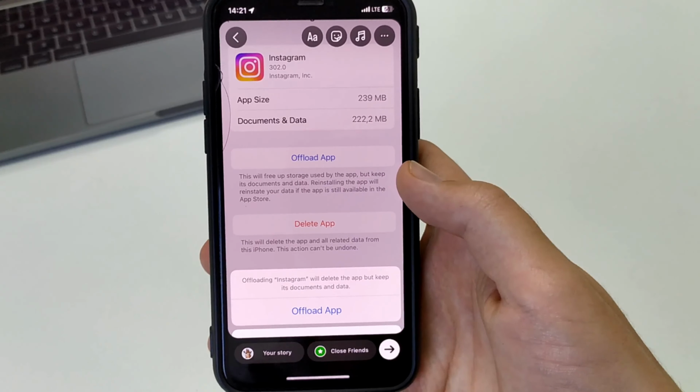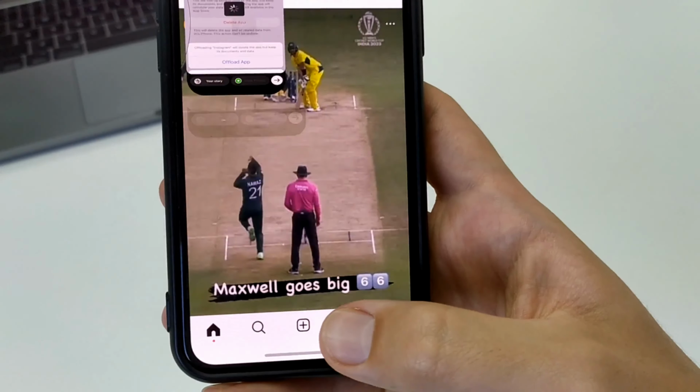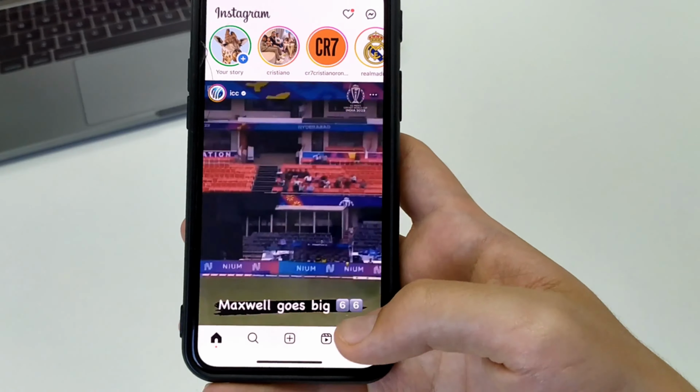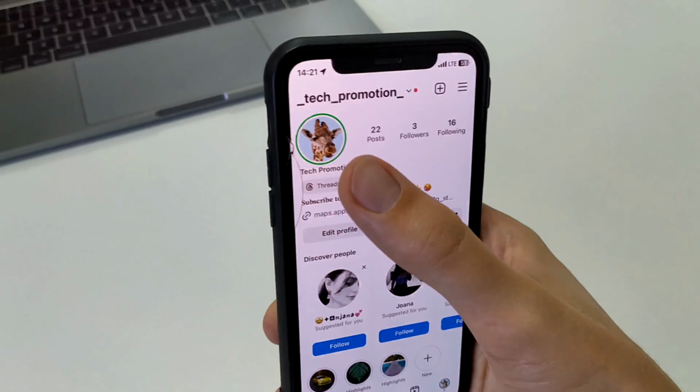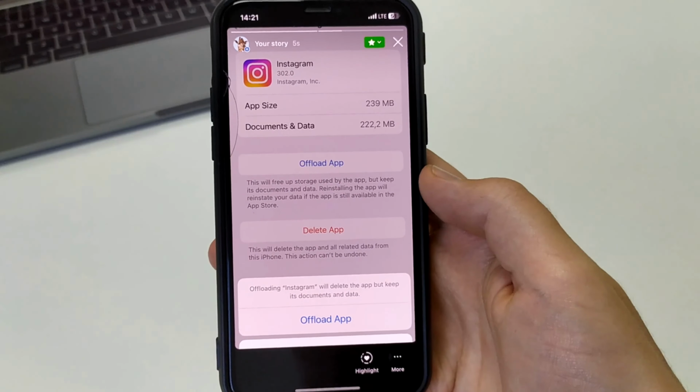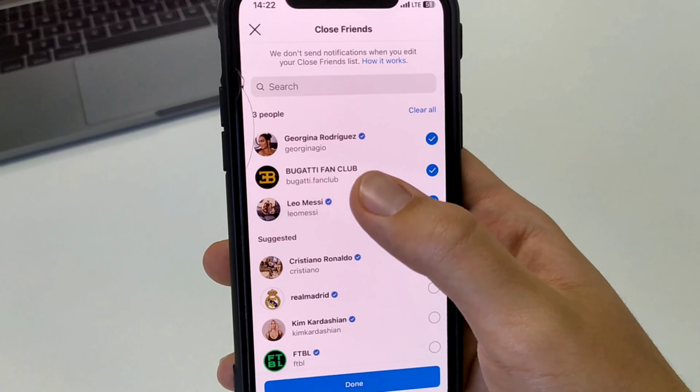And as you can see, the story will be seen only by some of the users that I have marked. Namely this user, this one, this one, this one. That is, in such a simple, easy way, you can make your story to be seen by some users that you want.